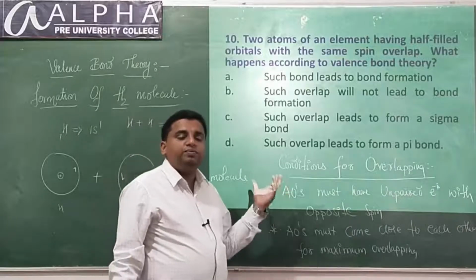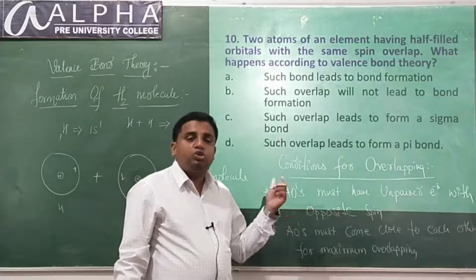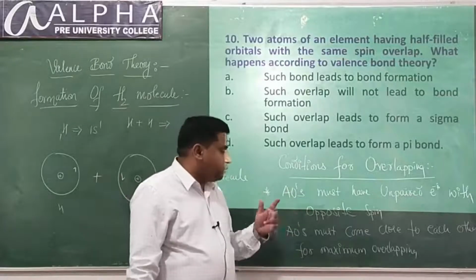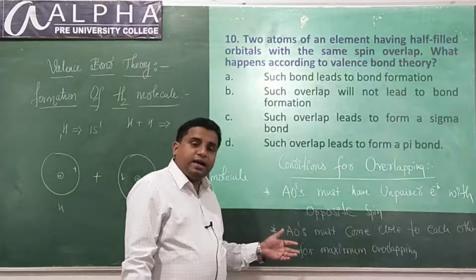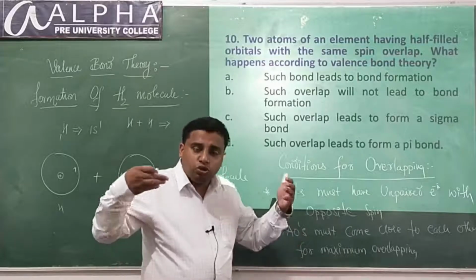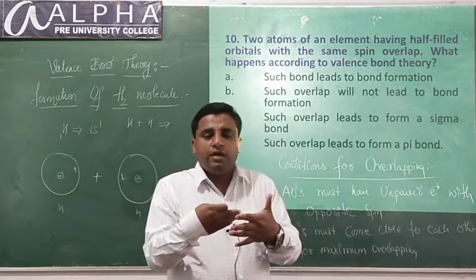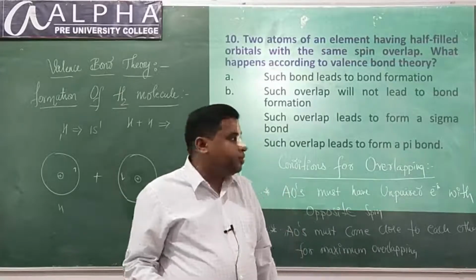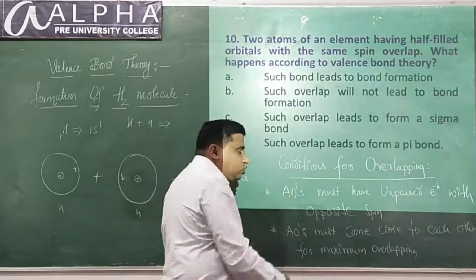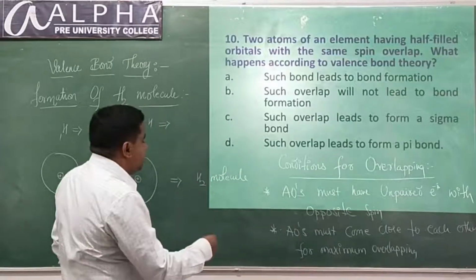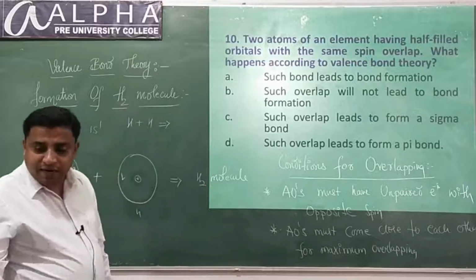Atomic orbitals that are undergoing overlapping should have unpaired electrons, and those unpaired electrons should be in opposite spin. This is one condition. The other condition, the atomic orbitals should come close to each other, so they overlap to a maximum extent. The more the overlapping, the stronger will be the bond. See, apart from these two conditions, students, there is one very important condition. What is that? The third important condition is,